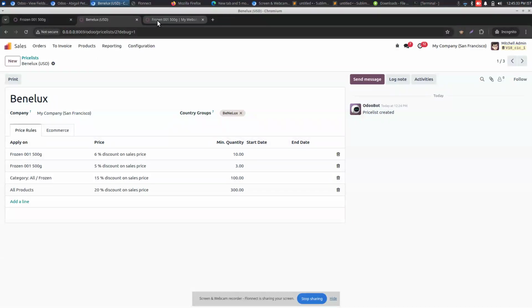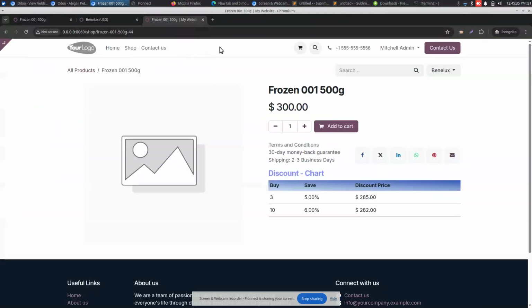Now let us ensure the feature that we have provided on the website. This discount chart is something for the customers, so that they can understand the discount policy before they actually purchase the item. Otherwise, the pricing rules will still continue as per Odoo's standard